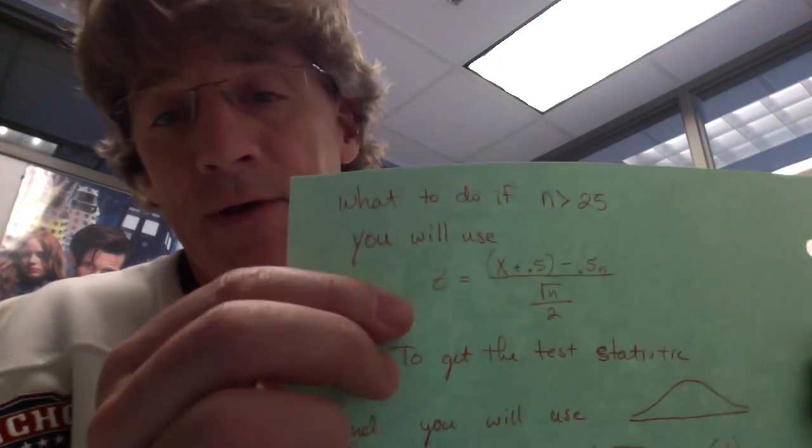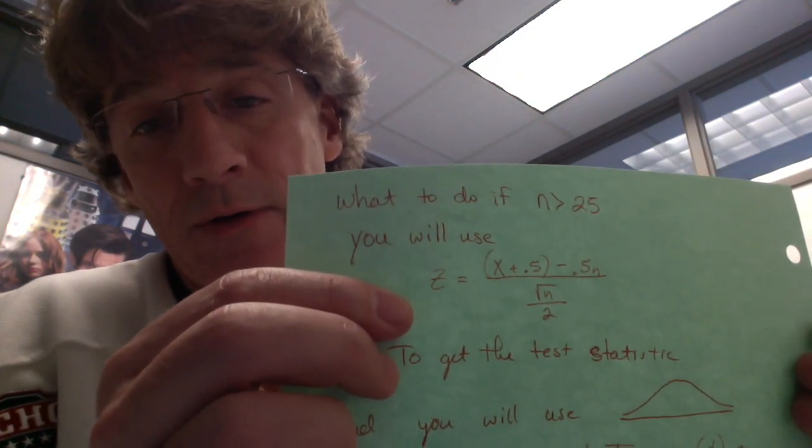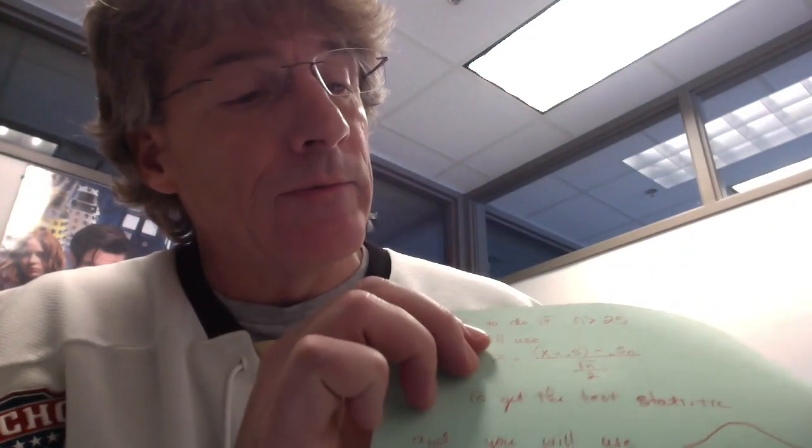Morning, everybody. Today we're going to deal with the sign test again, which is Chapter 11, Section 1. And we're going to deal with it when your n is larger than 25. The test statistic that you use when your n is larger than 25 is a z-score, which is equal to